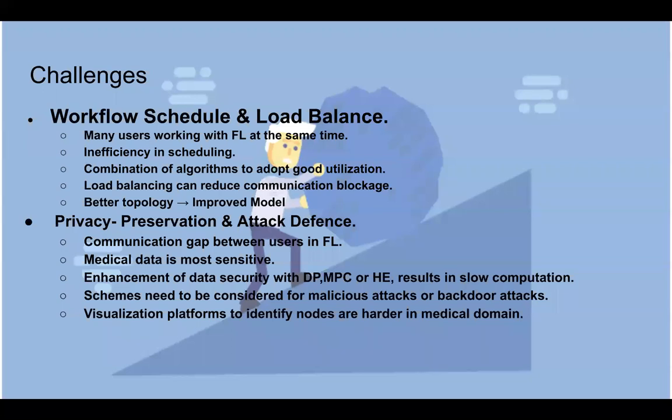There are still a lot of challenges for our work. The first is workflow scheduling and load balancing. In our scenarios, many different users can work with federated learning at the same time. So it's very hard for the workflow scheduling part.